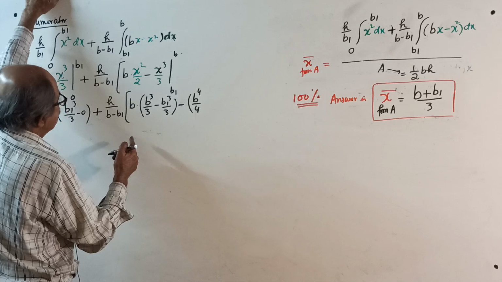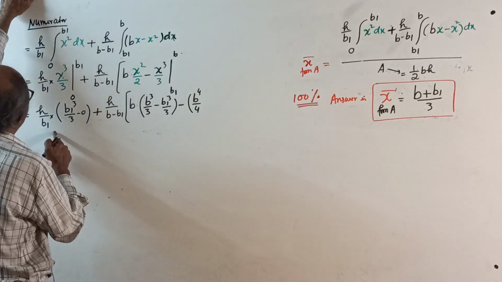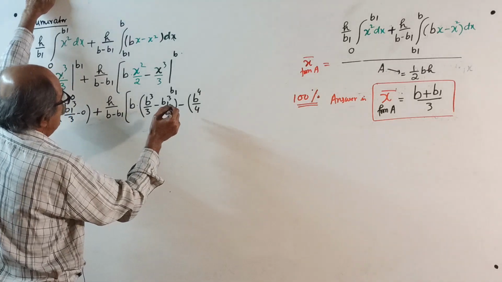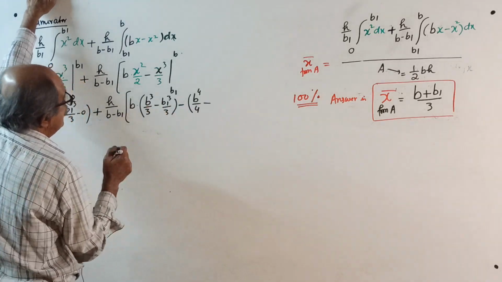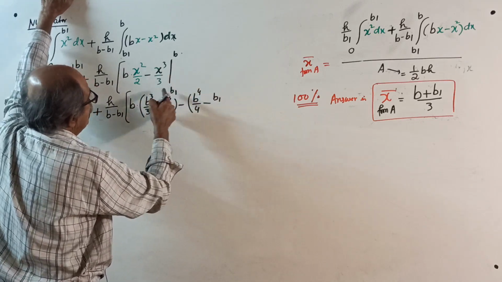Anywhere term cancels, b here, one b comes here, b power 4 by 4, minus lower limit, b1,